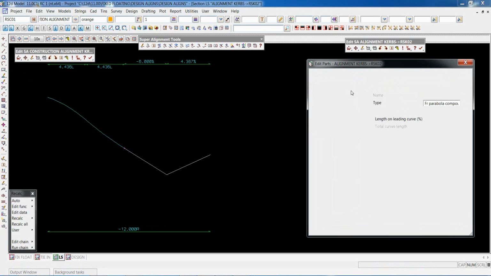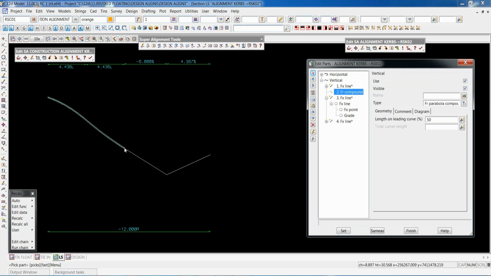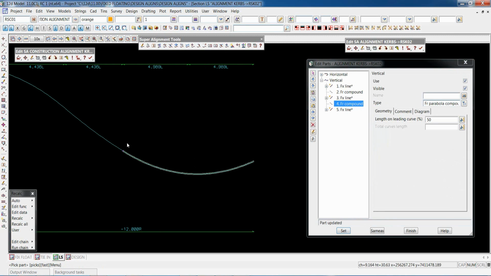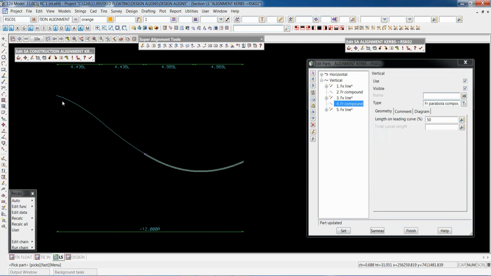Now we look at the free compound here. Right, it is now linked to the intersection point here. So all we need to do is put another free compound in here to smooth out this change of grade here. So again, we can just go copy, pick that, go paste, turn it on, and go set. So now our curb return is not only locked into the crossfall and the instantaneous grade to the center line at the start and end, but also a point crossing at the crossfall across the road. We can adjust that crossfall again each time and then resolve the alignment string.